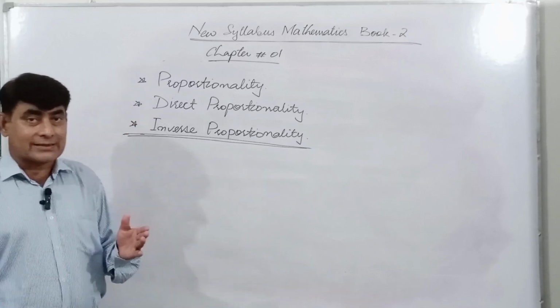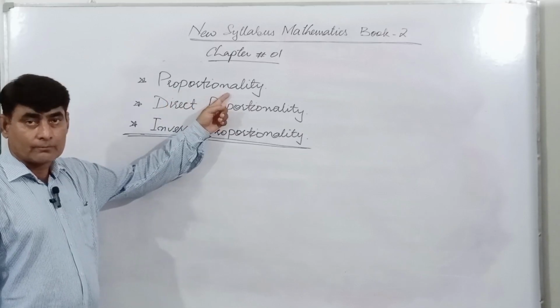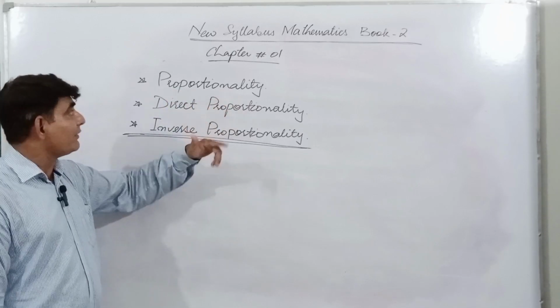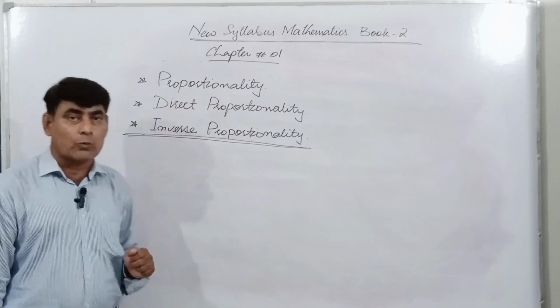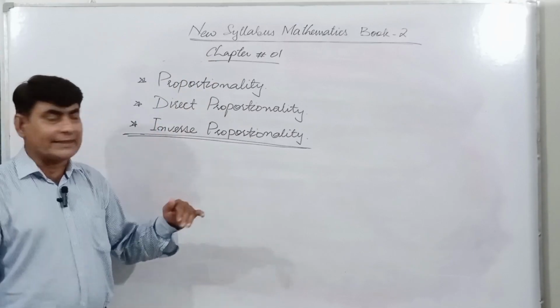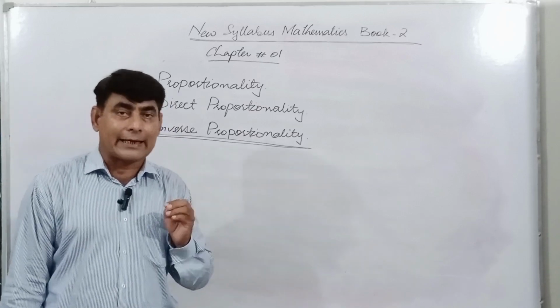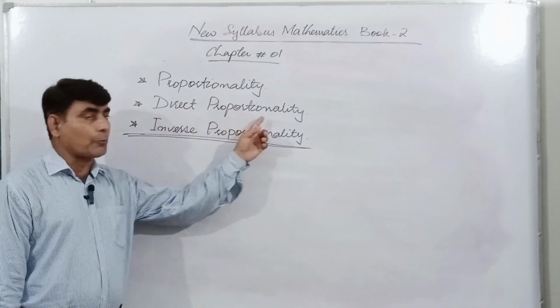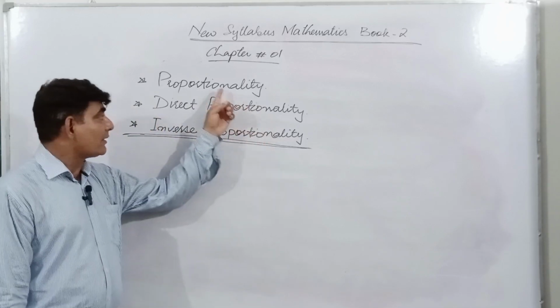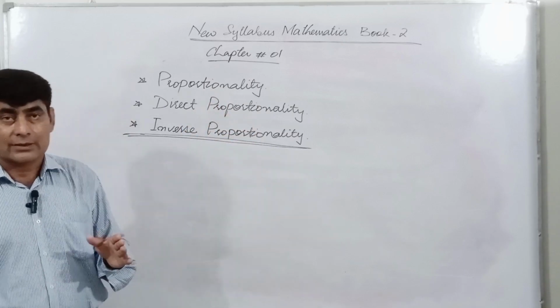As we have discussed last time, proportionality, and a reference I have given you, New Syllabus Mathematics Book 2, Chapter number 1. We have completed its first two topics. We have defined what is proportionality and direct proportionality. Its first type, direct proportionality, and we have discussed